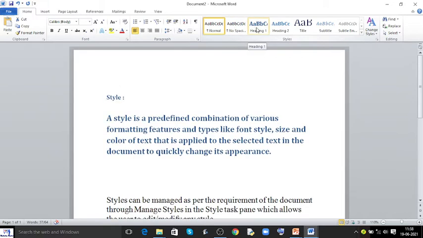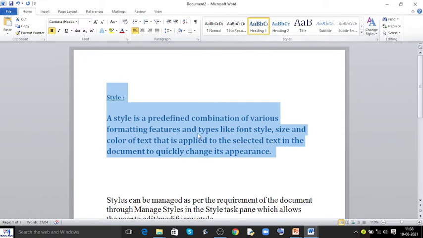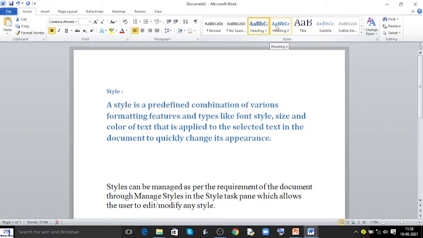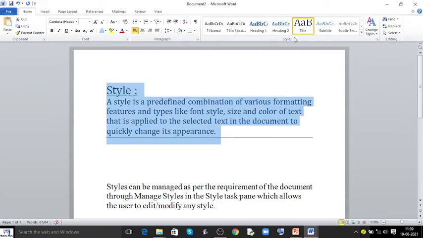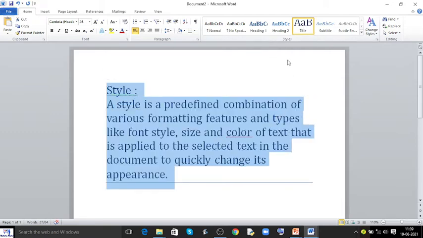Suppose I select the heading 1 style. Now see the heading 1 style. Suppose I have given the title style. Now see, this is my original style and this one is the new style. So this is how you apply the style. The style of this paragraph I have given as title. So this is how you can change it, right?